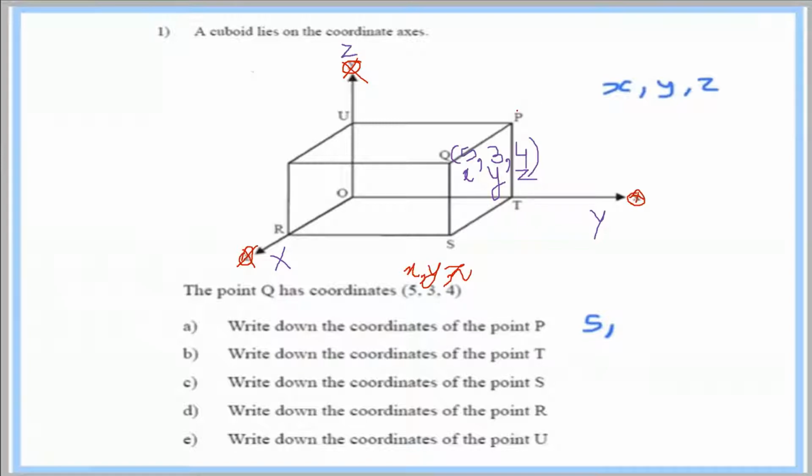For example, you have to find the coordinates of P. What are the coordinates of P? Let's start moving from the origin. You move up till here. On the y-axis, how much did you move? The value of y is 3, so you have moved y equal to 3. Then you have to raise the point parallel to the z-axis. What is the value of z here? It is 4. What will be the value of x? There is no movement here, so this will be 0.